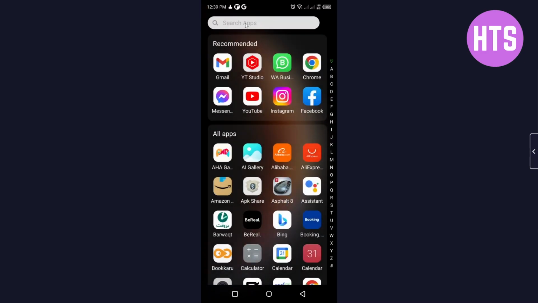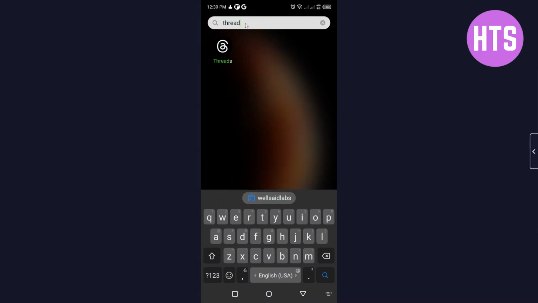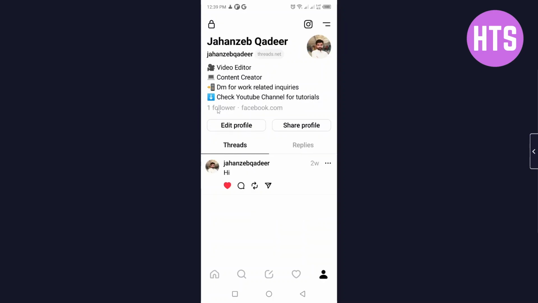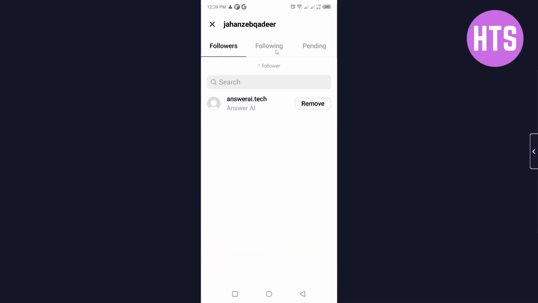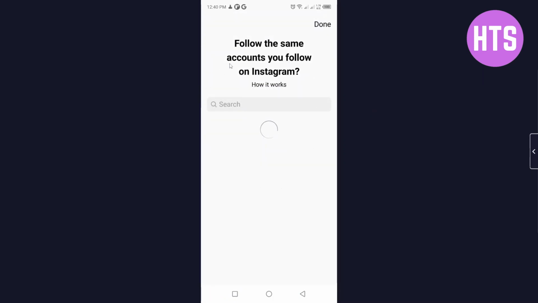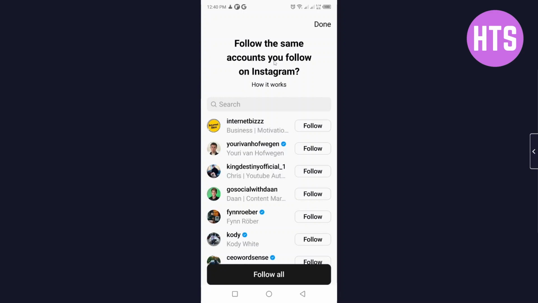So the first step you simply need to do is to open the Threads application. Once you open it, you simply need to click on profile in the bottom right. Once you click on it, you simply need to click on followers and click on following. And here you need to click on see all, and here you can see follow the same accounts you follow